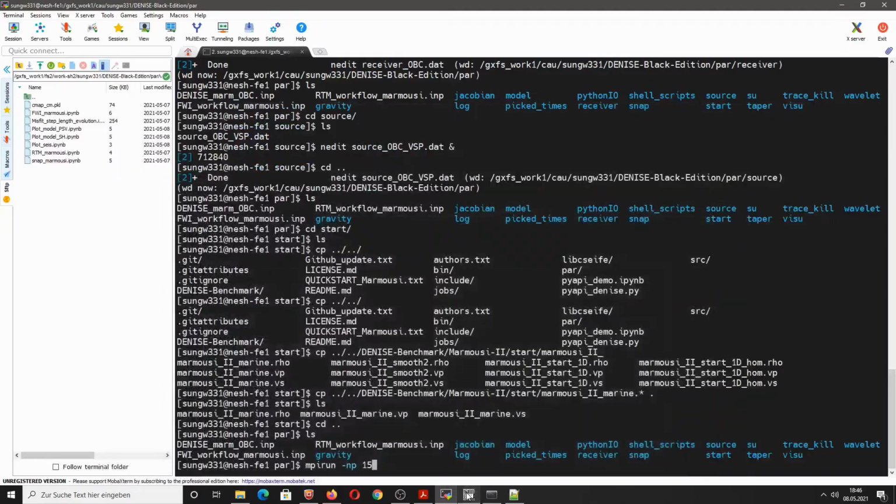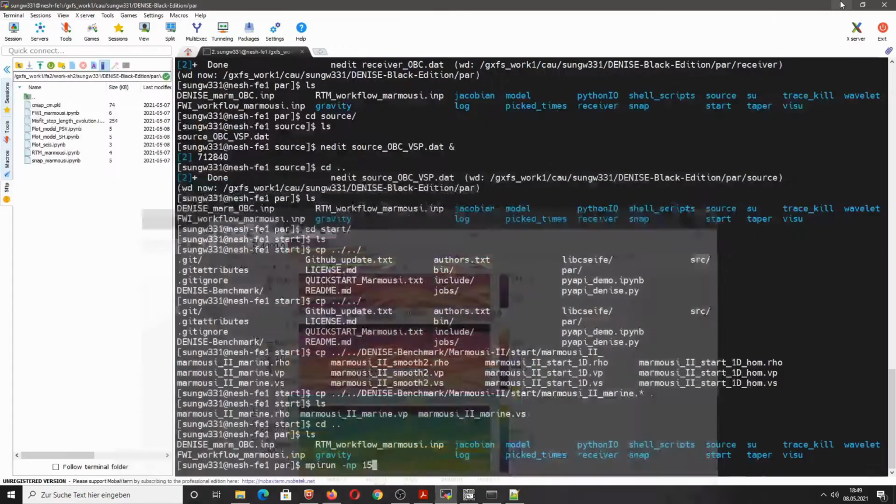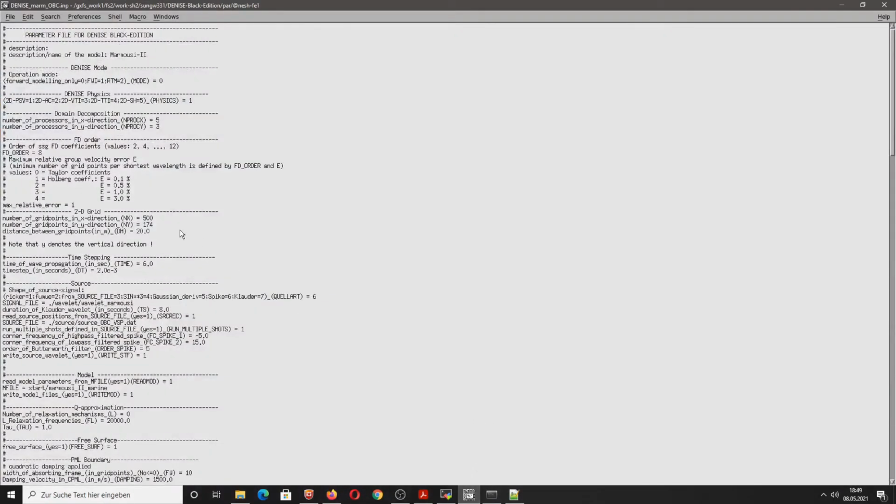What's happening is, when we go back into the model, the Denise code will decompose the model into different parts and then assign each part to a separate computing core of the supercomputer. Each core then will, for the part that was assigned, solve the equations of motion using the finite difference method. This domain decomposition is defined by these two parameters here, nproc x and nproc y.